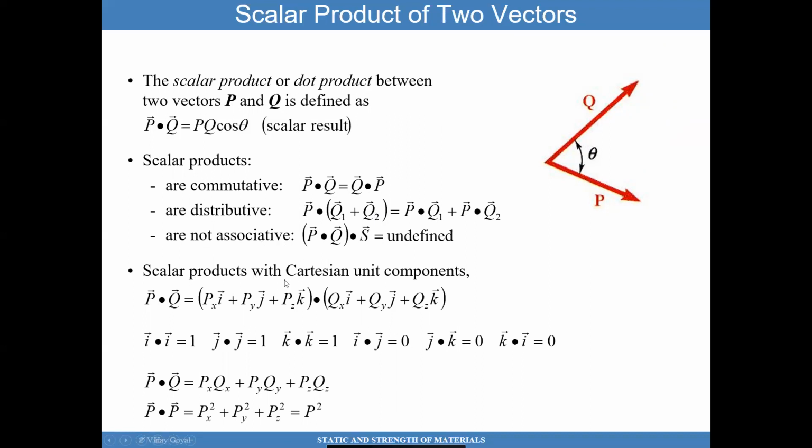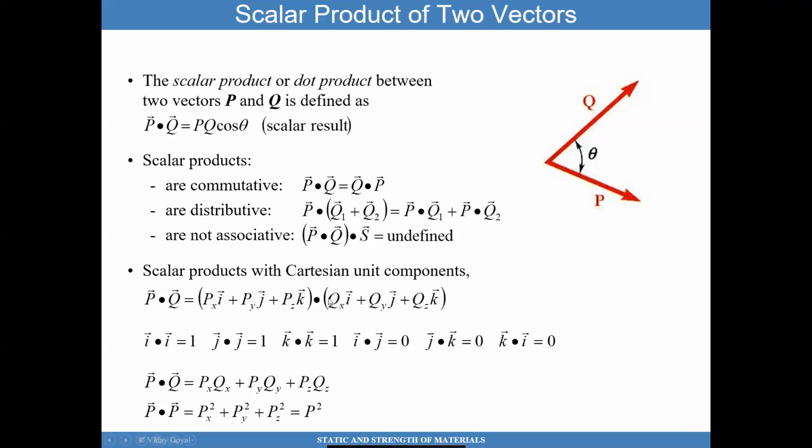The scalar product with Cartesian unit components is basically P dot Q. So I have a vector P represented in each of the axes, Px, Py, and Pz, dot product with Qx, Qy, and Qz. You can determine that this dot product is basically Px times Qx plus Py times Qy plus Pz times Qz. And you can see that very easily because if I take Px i times Qx i, I have